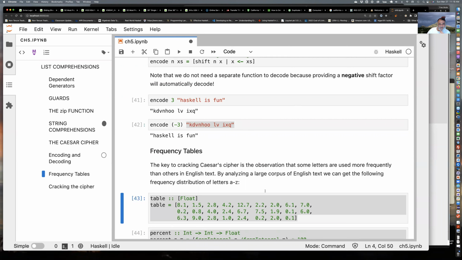Some letters are used more frequently than others in English text. All of you know that the letter E is used the most, and there are some letters like Q and Z which are used very little. So by analyzing a large corpus of English text, you can download or take some big essay you